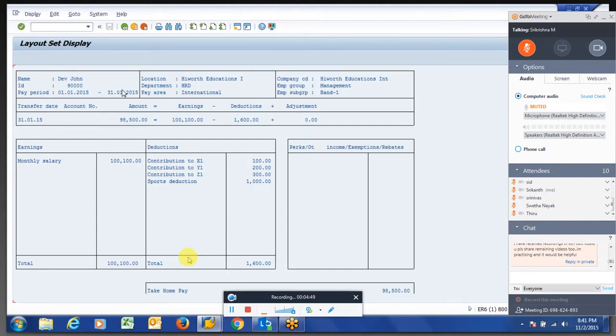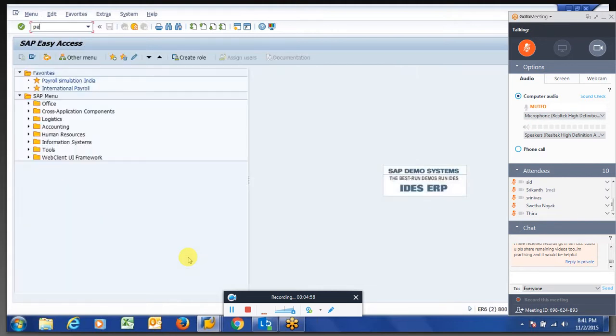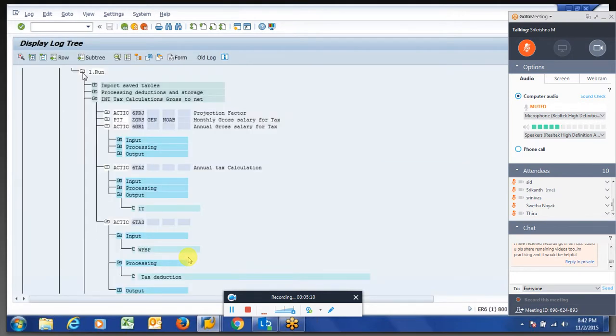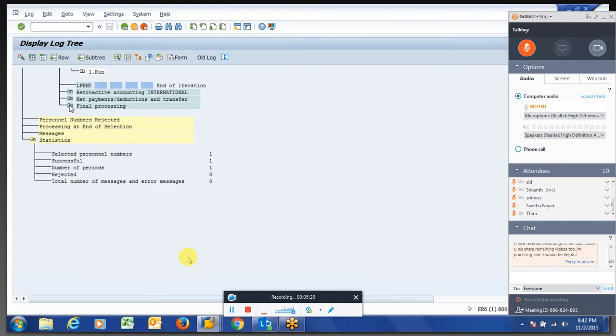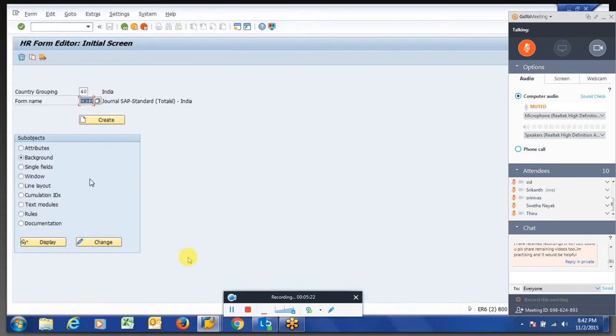If the deduction is storing with a negative symbol or the positive symbol, we have to see. So this is the income tax we are calculating for the employee, with a positive symbol. So in the PE51, we will assign the same in this window.